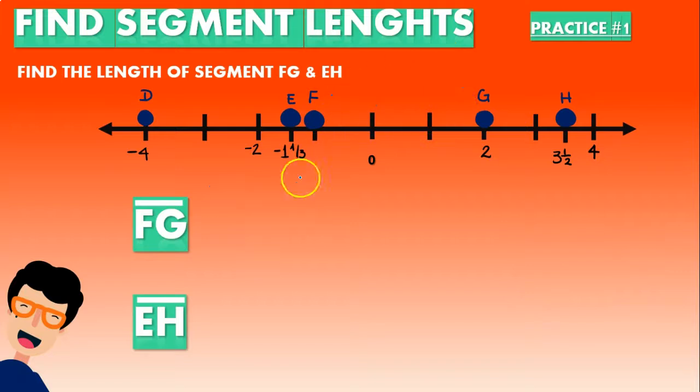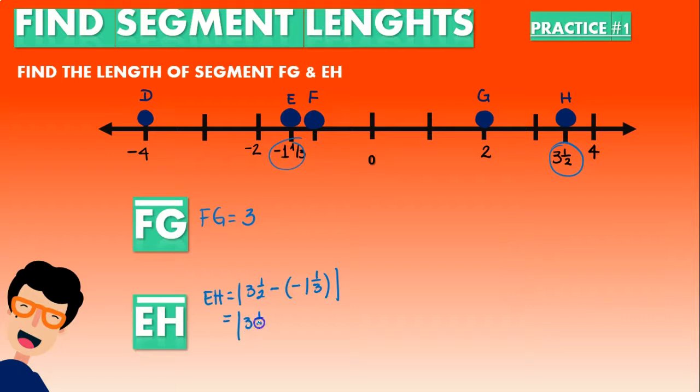Now, what about EH? We found out that FG had a length of 3. What about EH? EH goes to 3 1/2 from -1 1/3. So as the formula says, we're going to find the coordinate of H, which is 3 1/2, and we're going to subtract the coordinate E, which is -1 1/3. And then because we have the absolute value, we're going to have a positive distance inside. So we have negative, negative, that's going to be positive 1 1/3,